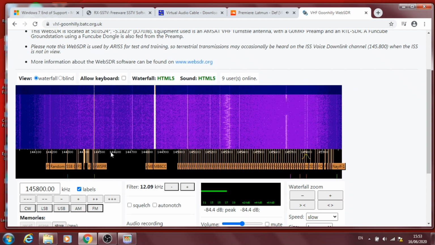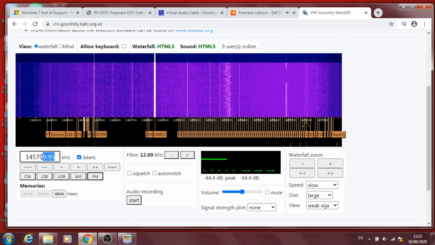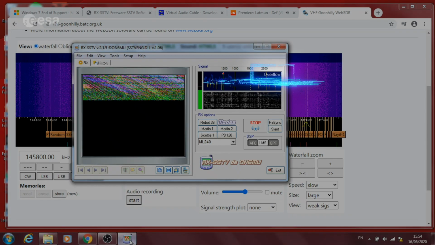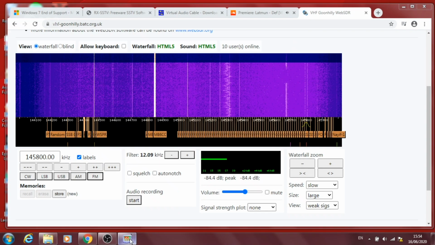Okay, first of all, you go to tune in. Tune in here, and what we're going to do is put in 145,800 kilohertz. We have to set it to FM mode as well. Okay, and if you go down to view, make sure you're on weak signals. Adjust the WebSDR volume slider if an overflow is seen in the RX SSTV here. Now you are ready to receive